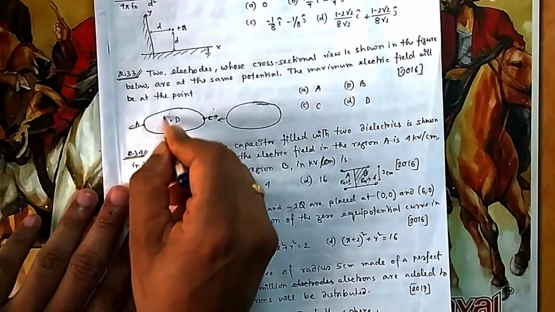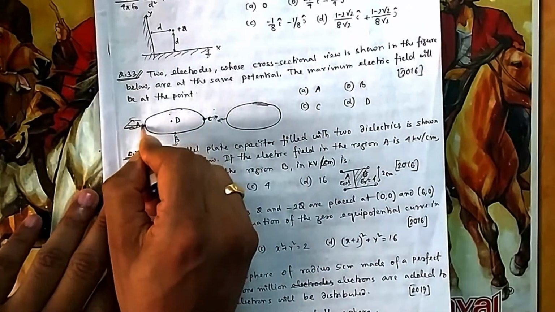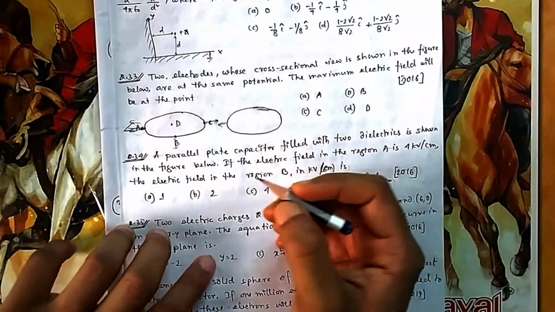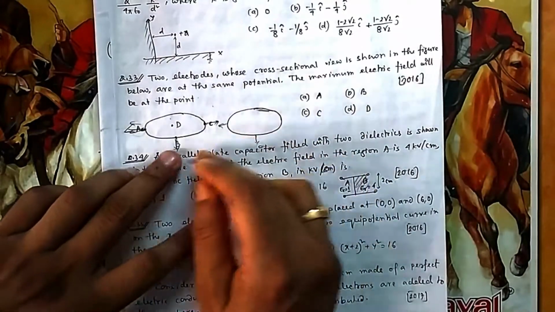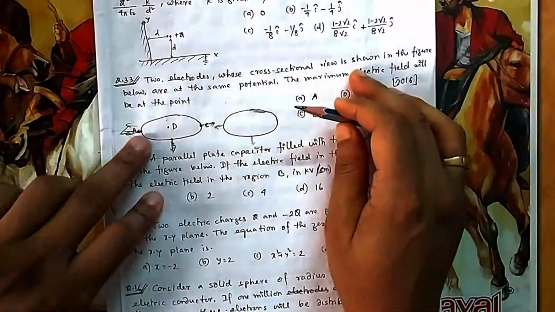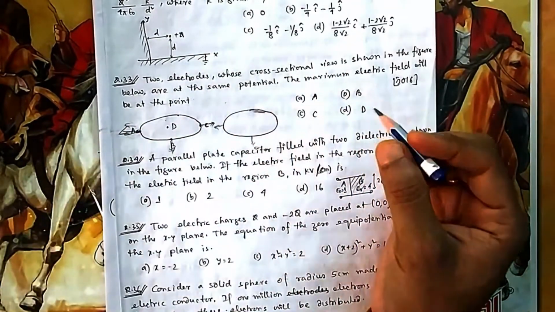Now if you come to A, due to this the electric field is going out, and due to this also it is going out. So at A you see both these fields are going out. So at A it is maximum. At B it is in this direction, and here also it is not added, but this is added because one is due to its charge, the electric field will be going out. Due to this charge also it will go out. Both are of the same polarity.